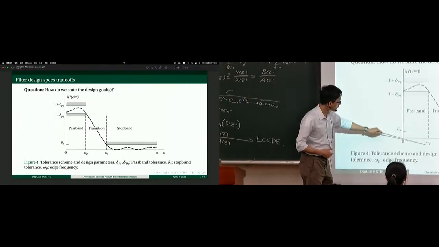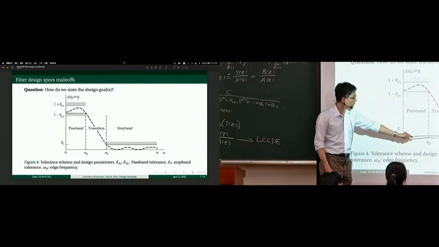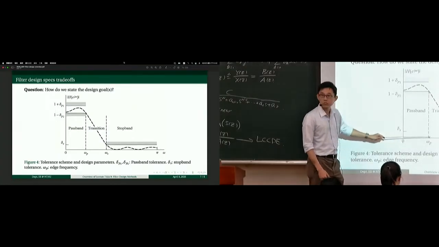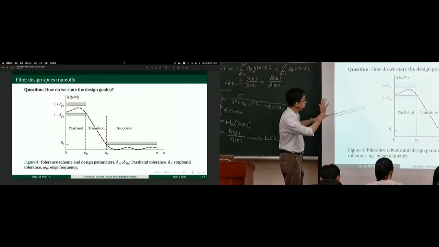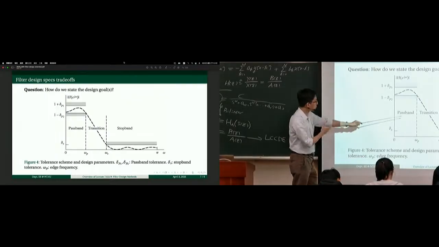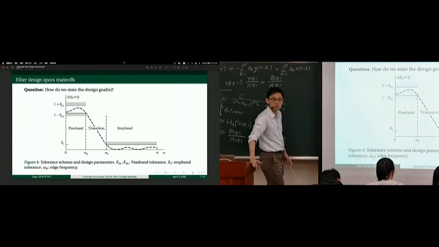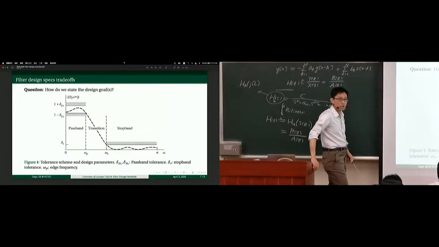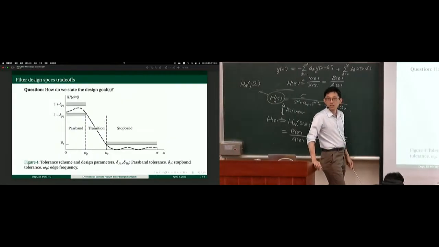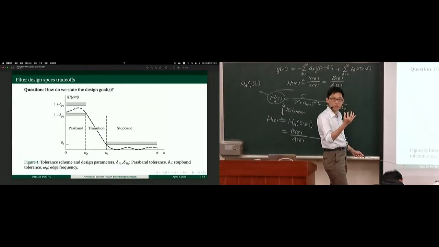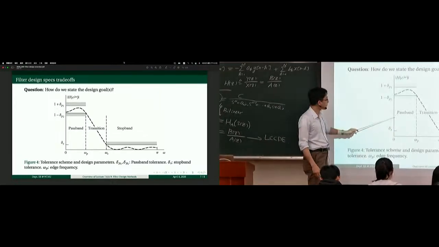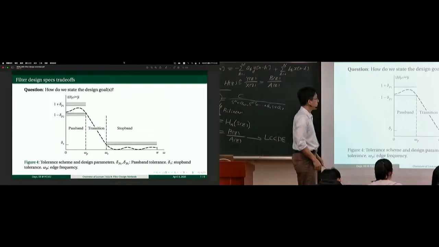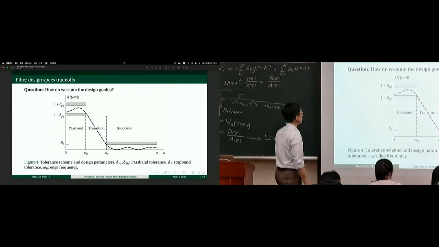Pass band, the edge of pass band, the edge of stop band begins later, and in between we have a transition region, a transition band, okay? So that's a sort of a general formulation. We allow transition. It's okay to have transition because we simply cannot avoid making the transition. Right? Transition takes a bandwidth. Okay? Can we agree on that? Transition also takes some bandwidth. Okay? Pass band, transition band, stop band. Okay? First of all, so then